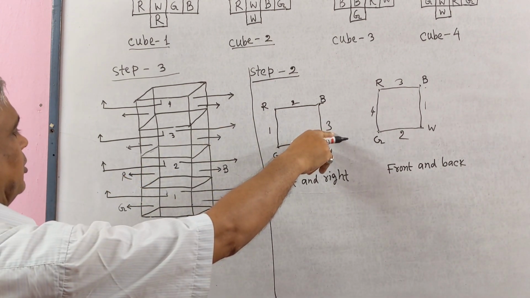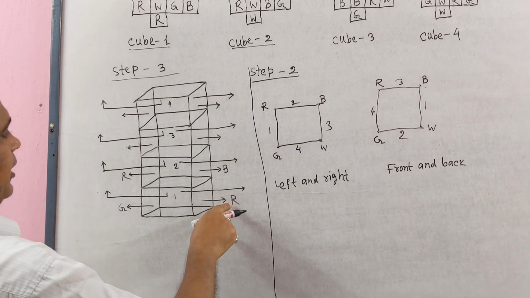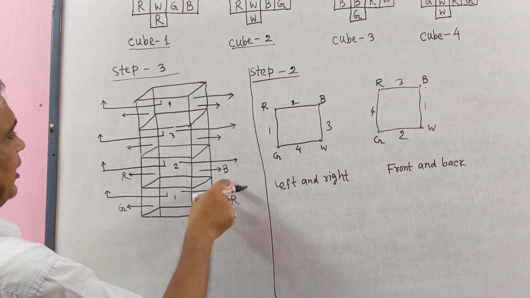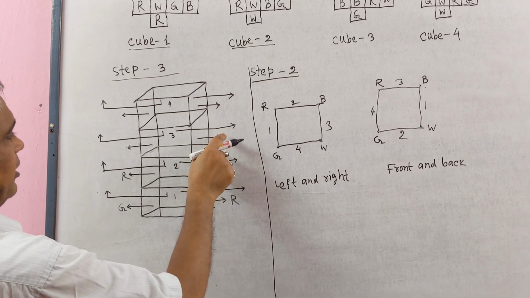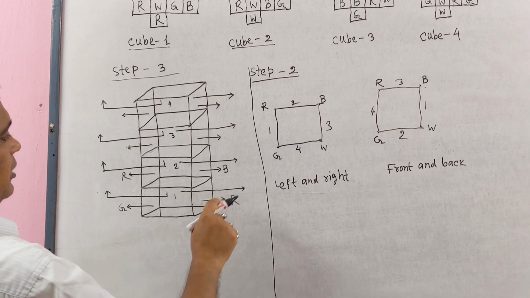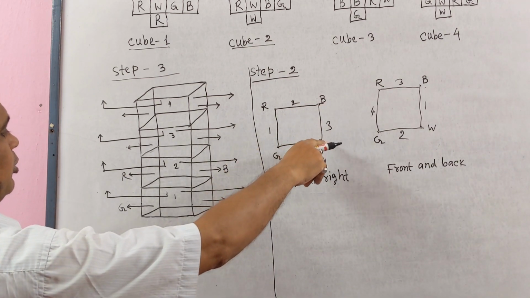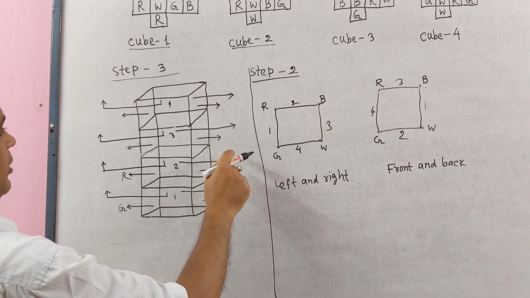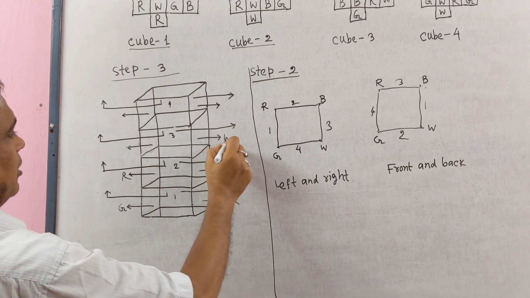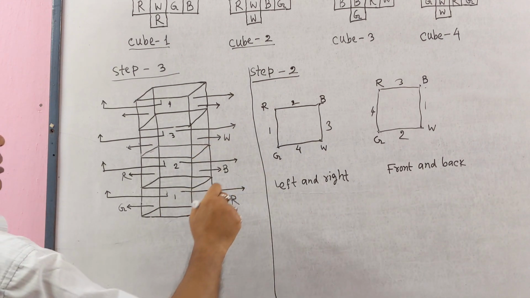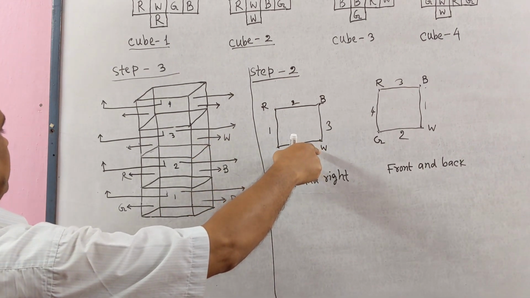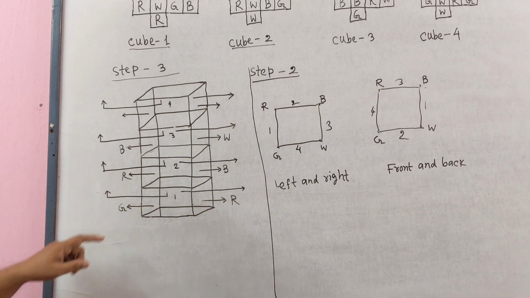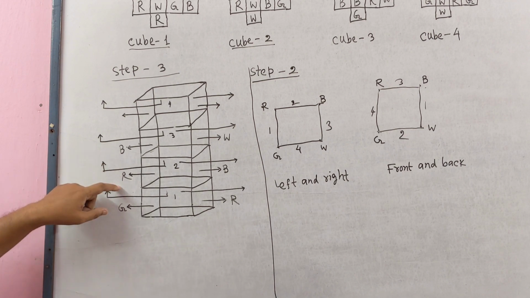For the third cube, on the right side we have given R and B, so we may not give R and B in this place for the left and right faces. In the third we have B and W. Here we have B on the right, so we will give W here, and B will be on the left face. Here we see that G, R, B are all different colors.